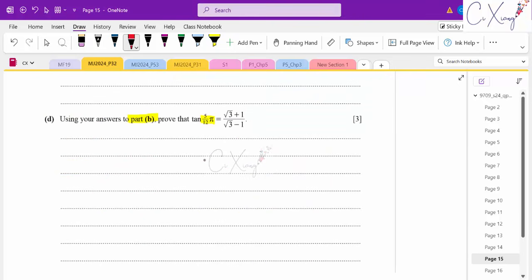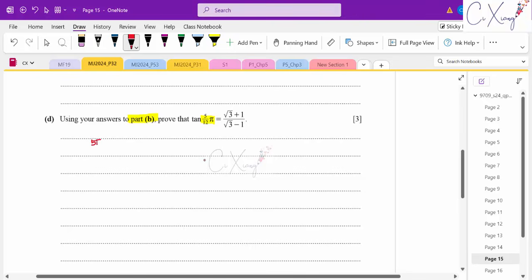So let's come back here. From here, I know that 5 pi over 12 is equal to 2 pi over 3, then plus negative pi over 4. And again, what is 2 pi over 3 just now? 2 pi over 3 is the argument of W. Then the negative pi over 4 is basically the argument of Z. When you add the arguments together, like what I told you just now, we have a shortcut